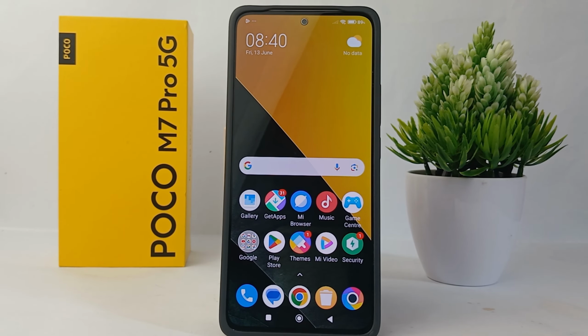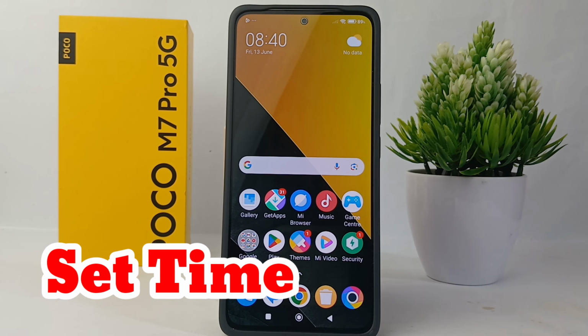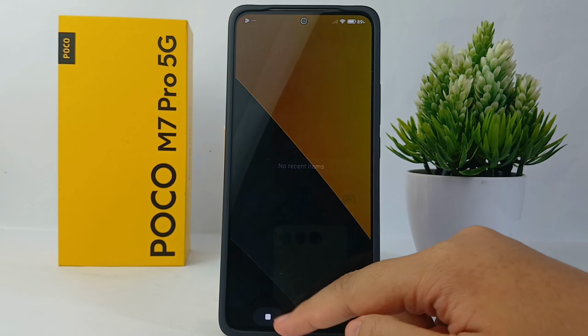Alright guys, so in this video I would like to share a tutorial on how to set the time on Poco M7 Pro. For those of you who feel confused because the time on your cell phone does not match the time in your area, don't need to be worried guys, because you can easily change the time on your cell phone. And how to do that is very easy. So without any further ado, now let's get started with the tutorial on how to set the time on